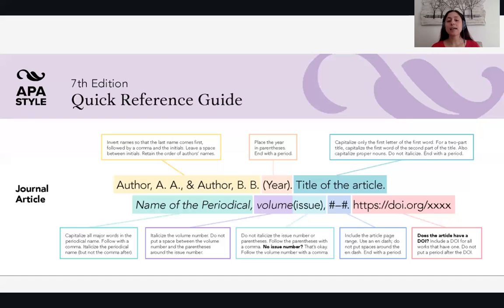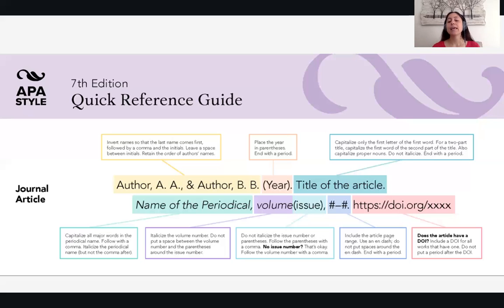And then still italicized, you're going to write the volume number. Okay, so 8, for example, you write that italicized. Right next to it, without any space between it, you're going to then have the issue number in parentheses. So if I have my italic 8, I'm then going to have my plain text parentheses 2 parentheses comma. Okay. This also is something a little different from the 6th edition. In the 6th edition, you'd only write the issue number in certain situations, but now in the 7th edition, they're streamlining the process. You're writing the issue number for everything. Okay, comma. And then you end it with your page numbers, the page number for the article, not the journal. So, you know, pages 1-8,